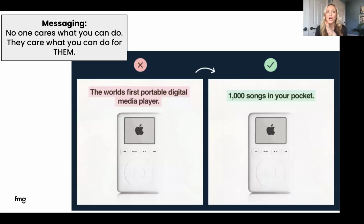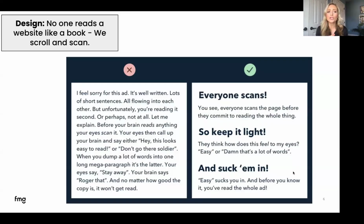So I always talk about the problem-solution method of writing your website. What is the problem that those who are coming to you for help have? And how are you solving it with your services? We want to keep that in mind. So that's number one. And then number two is that when it comes to the design of a website, you could have the best messaging in the world, but if it's written like the one on the left